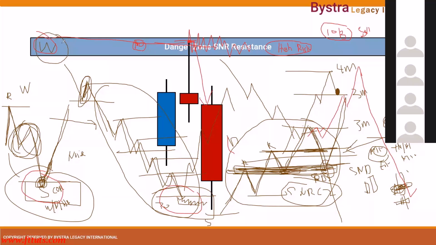That's why we can take the SNR level as our reference. Okay. So once it reacts inside the danger zone SNR level, then we will know that, okay, there's a confirmation of rejection. We know that price is already rejected from this zone. Then it will continue on the downtrend for this example, because